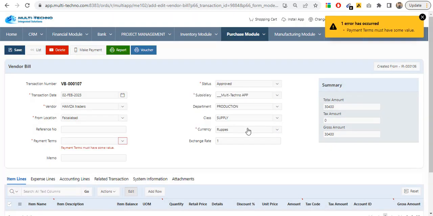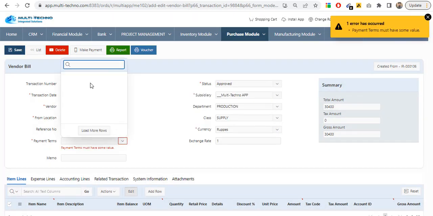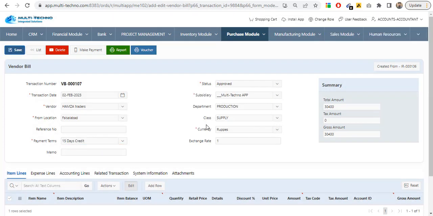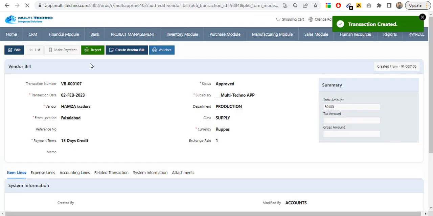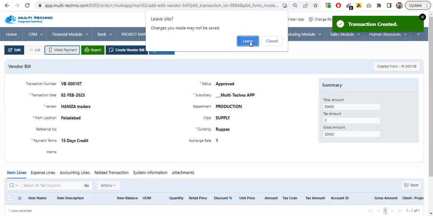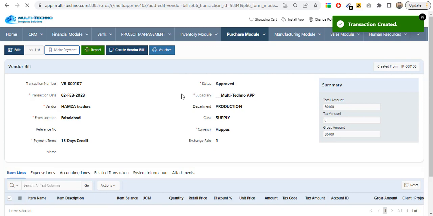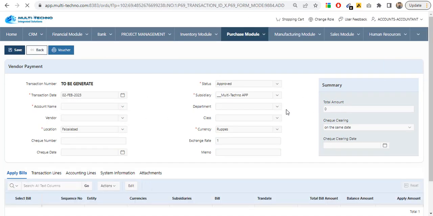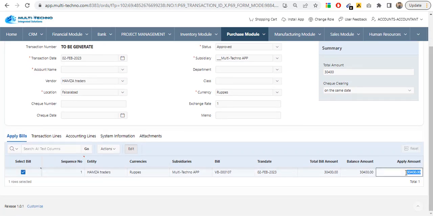How about partial payment also? Yes, we can also have the option of partial payment. That will also be paid through this module. Once the bill has been saved, it will show the make payment form. From this make payment form we can pay either partial or full payment of the invoice. If it is 30,400 and we want to pay only 15,000, we will select 15,000 here